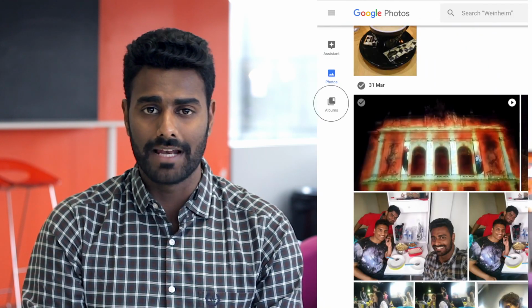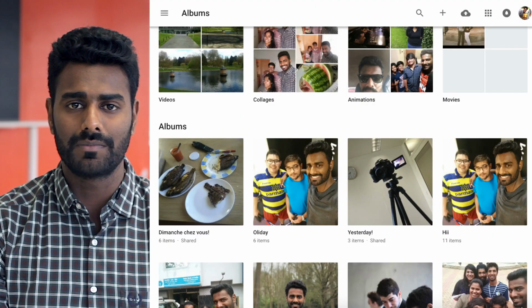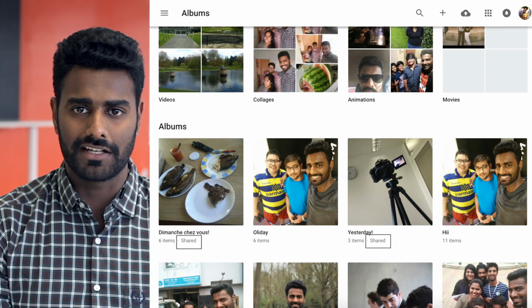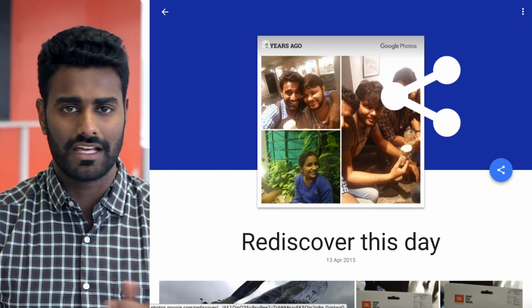You can find all the albums that you've shared by clicking on albums among the three tabs. And in case it's a shared album, you'll see a little shared badge at the bottom of that album. You can also share the little gifts that Google Assistant makes for you. I spoke about the gifts in my previous video. In case you want to share these gifts, all you need to do is hit the share icon